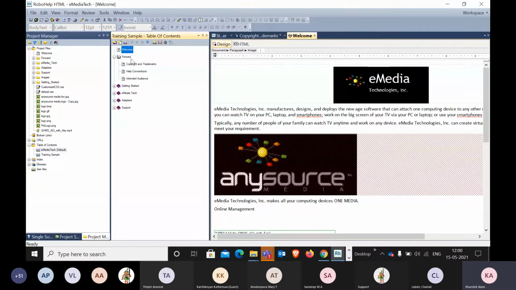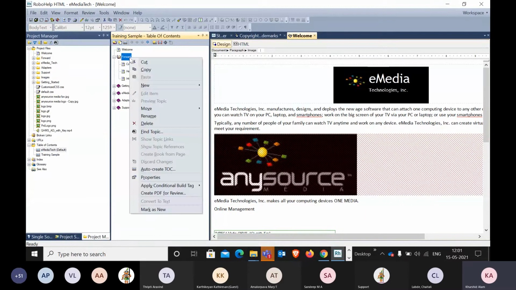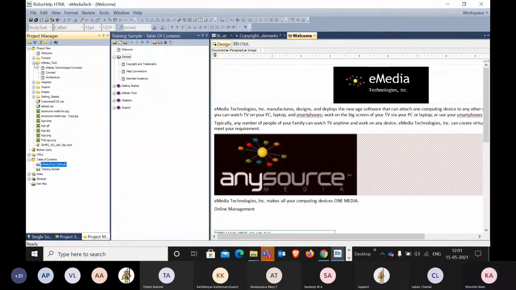How? For example, I want something new here, so I will go and add a topic. Adding is very easy. I will select this here and drag from Project Manager.